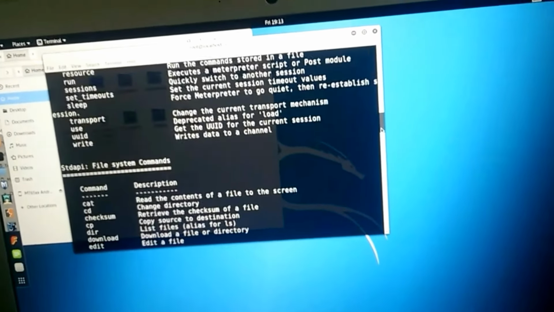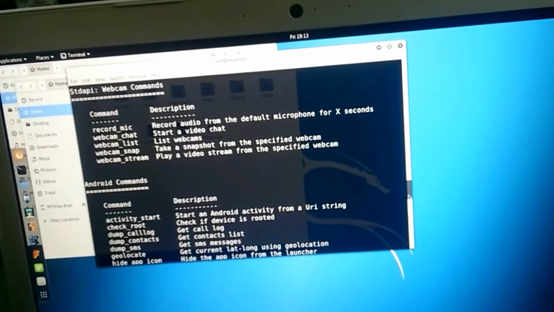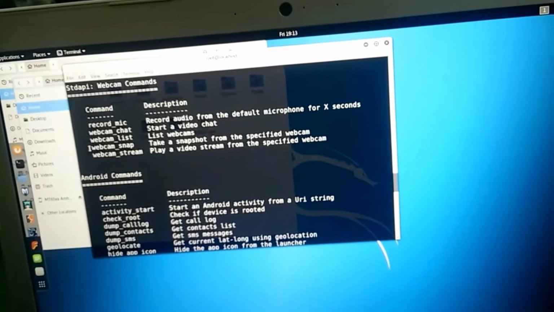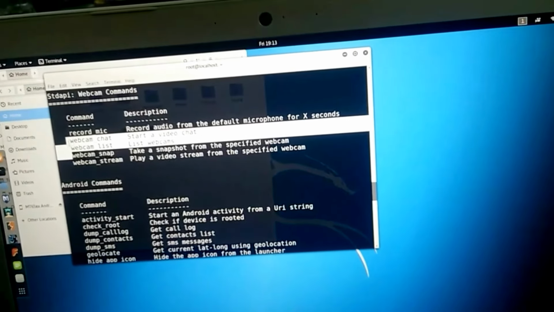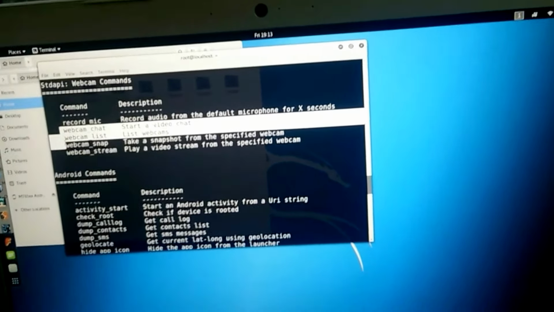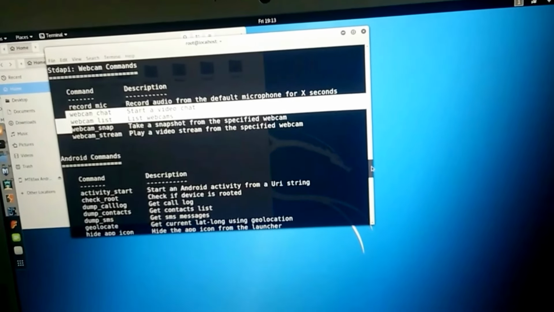Now, you can also do many commands like record_mic, webcam_snap, webcam_stream, webcam_list, etc. For example, let me show you webcam_snap.